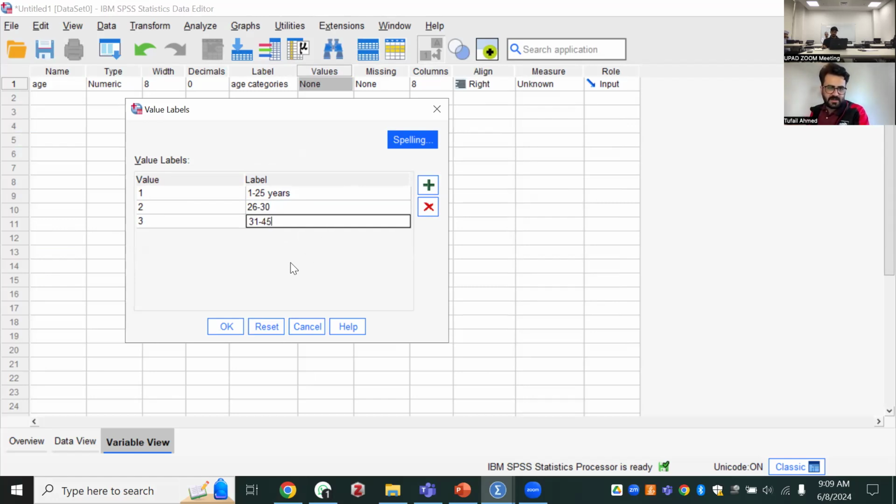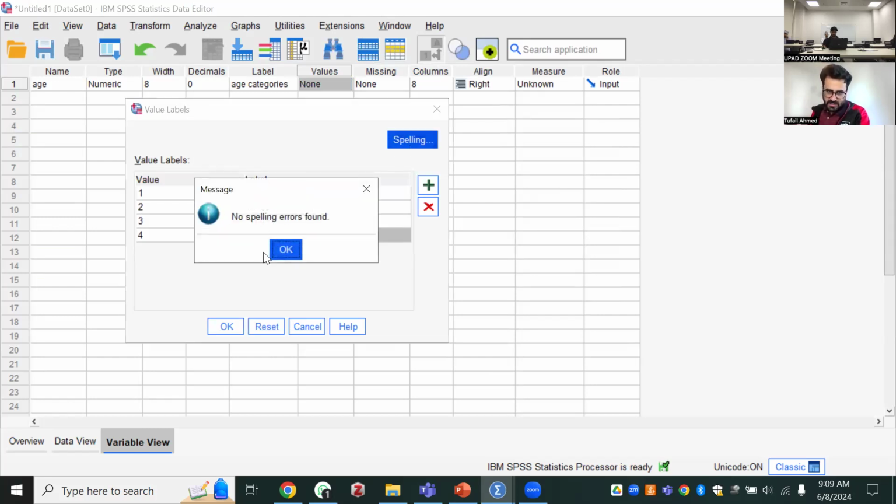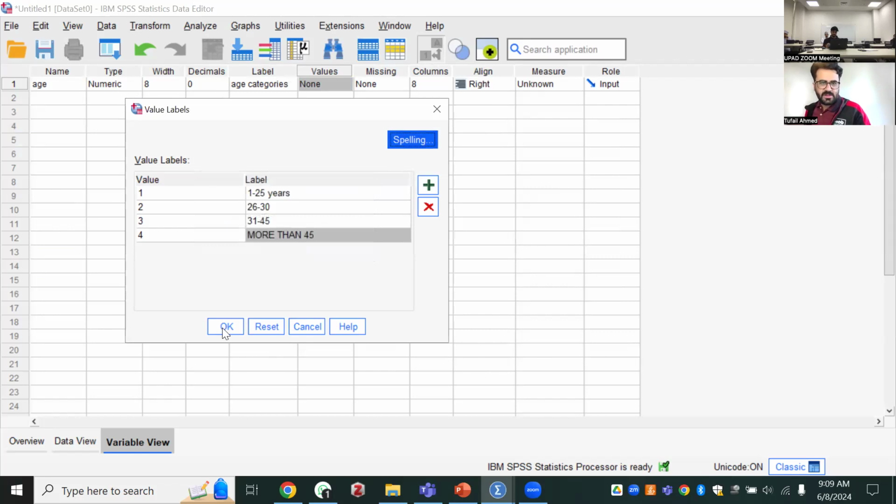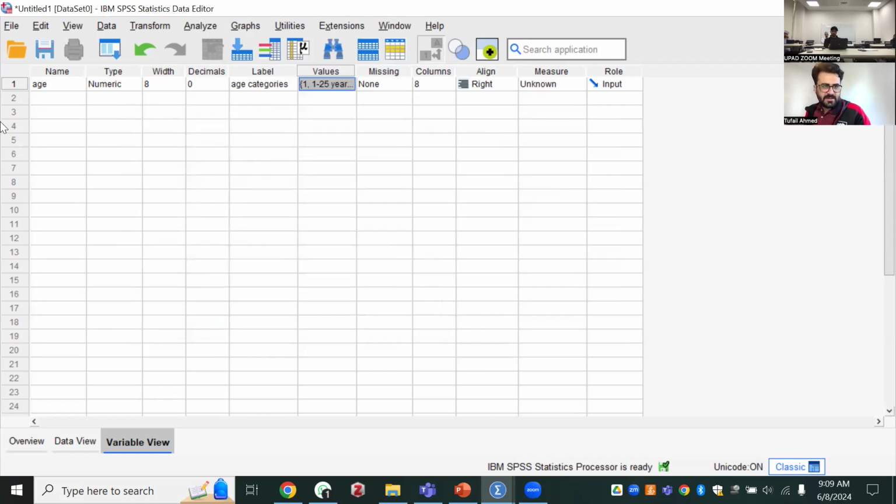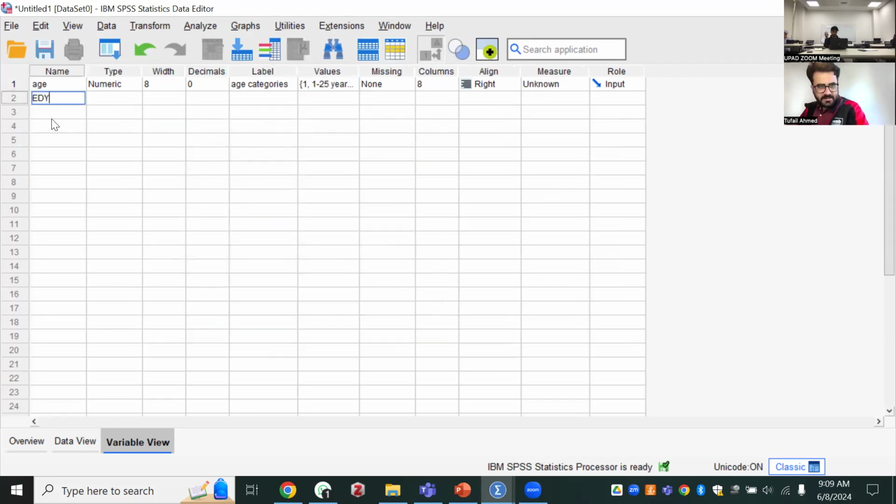Let's say we have 3 categories, and another one, let's say add a fourth one as more than 45. You can do spelling check. If there were any spelling errors, the software will show you, but we don't have any, so I have added them.